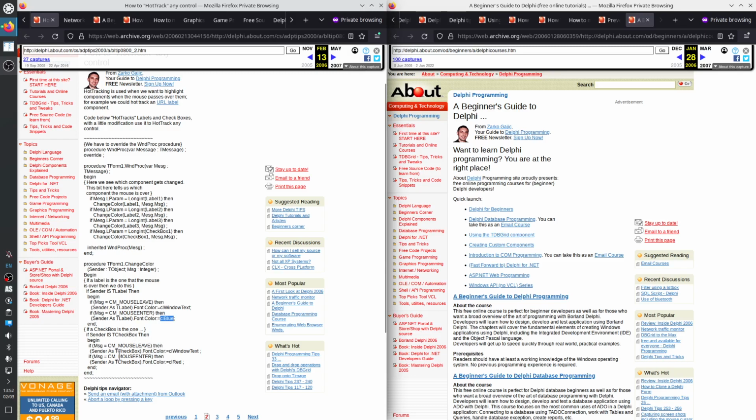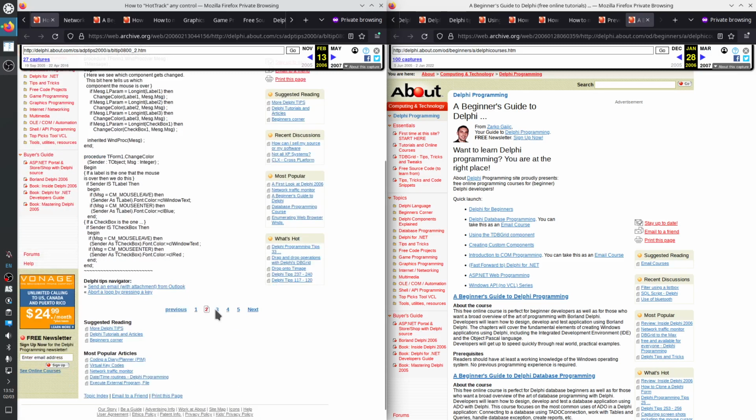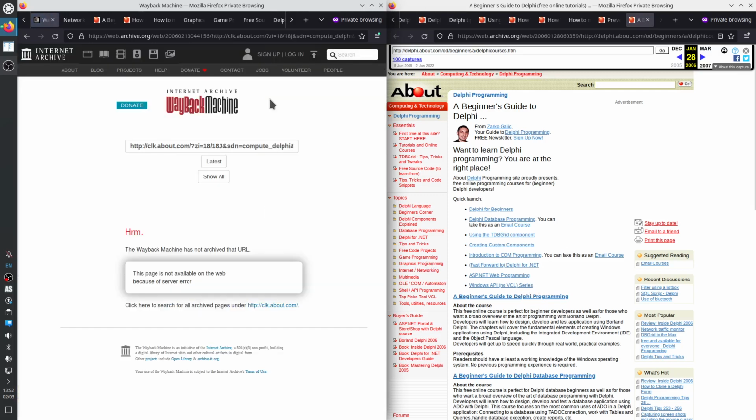For checkboxes it casts the object Sender as the checkbox and then does the same thing as for a label. Inherited WndProc, which is override.